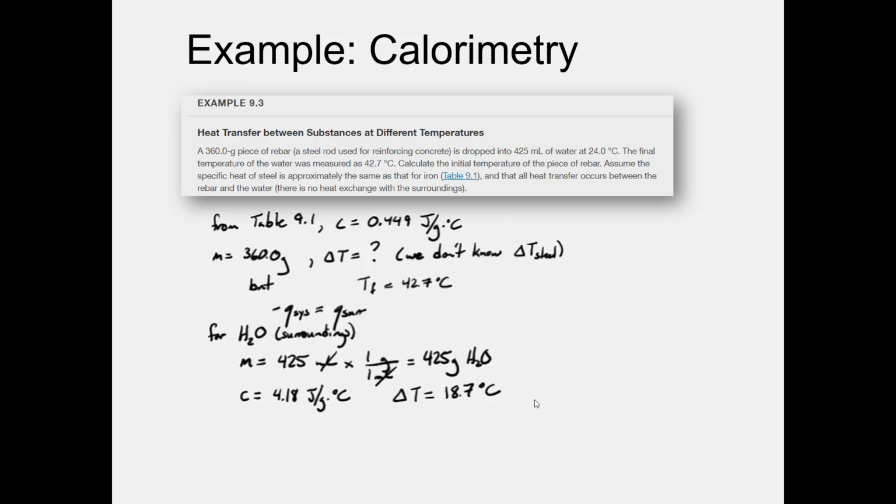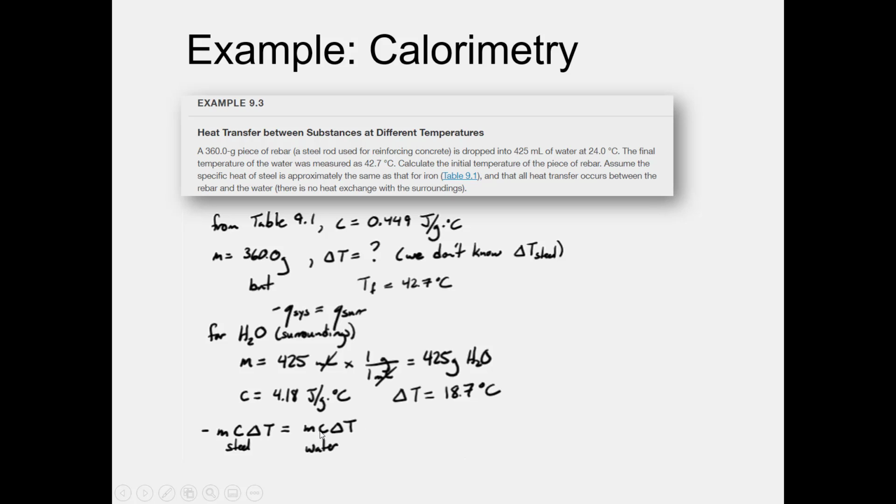All right, so now we get to the main crux of the problem because we've got all our parameters and constants down. We come back to the idea that the heat lost by the steel is equal to the heat gained by the water. So we can use the calorimetry formula to say that the negative mass times specific heat times temperature change of the steel